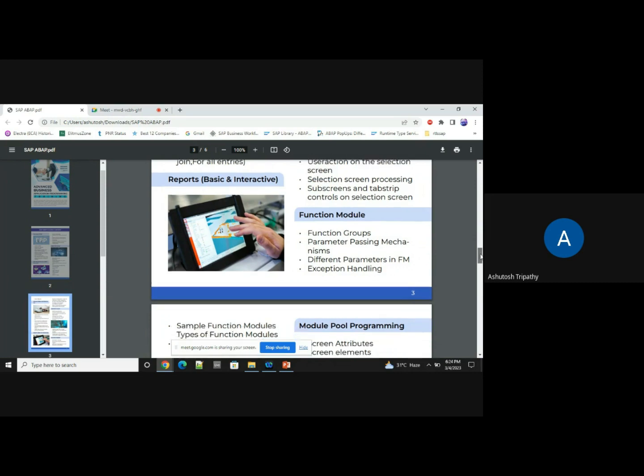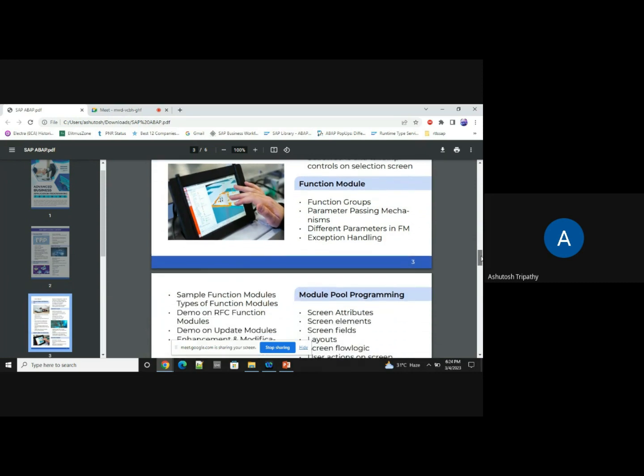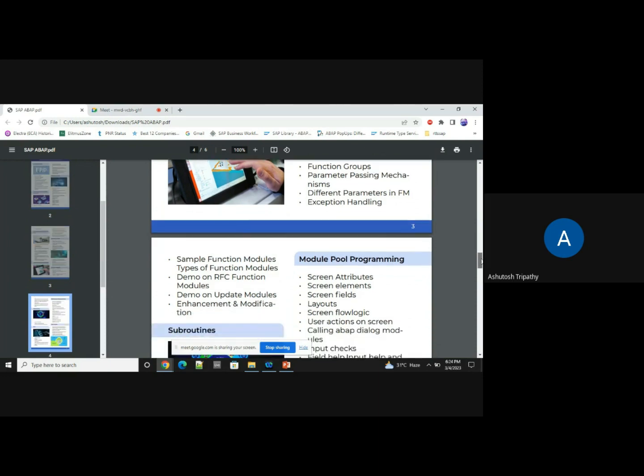We'll also be learning how to create a function module, what input and output fields we need to provide, and whether these function modules can be used as a remote function call to pass the data or to establish a connection between different SAP servers. That also we will be learning in function modules.